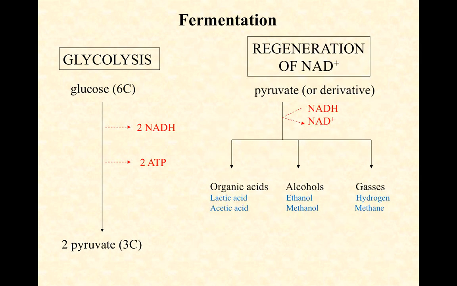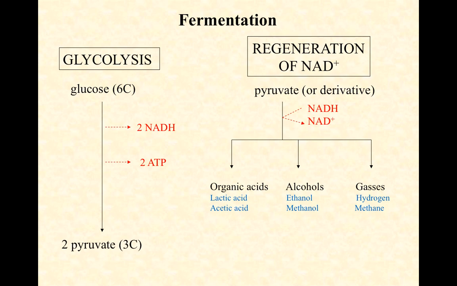So how do we solve this? NAD+ being regenerated is really at the heart of fermentation. What we're going to do, I say we as if it's you and me, but what the bacteria are going to do is they're going to dump electrons from NADH back into, in this case, pyruvate. The original molecule, the original bonds, they're going to dump it right in there. Or they'll modify pyruvate, some derivative, and then dump the electrons in there. That recycles the NAD+, glycolysis can continue, and the cell can continue to eke out a living by fermentation,